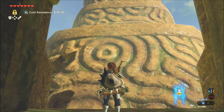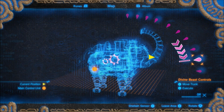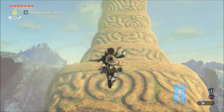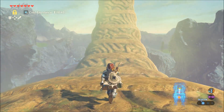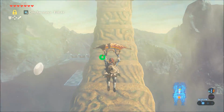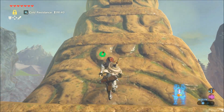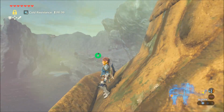So come out here, and the next one is on the very tip of the trunk. So you need to flatten it out so that you can climb up to the front, but you can't quite make it to the end. It's close, but it's not quite there. And there's a couple of ways you can do this. You're kind of cheesing it. You're kind of cheating the physics a little bit